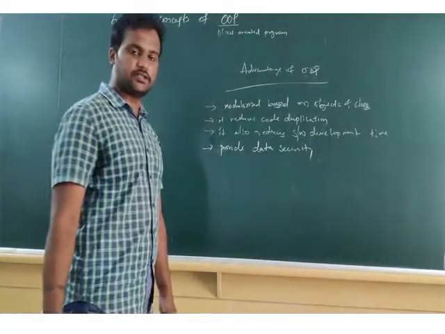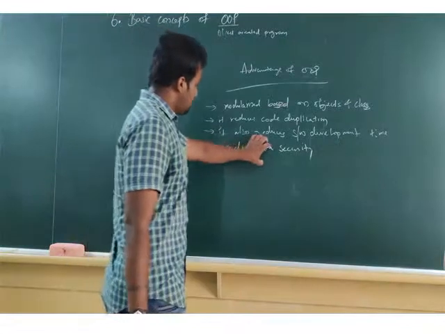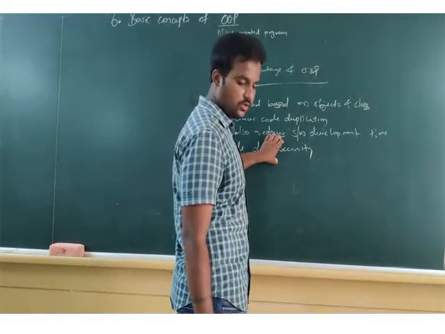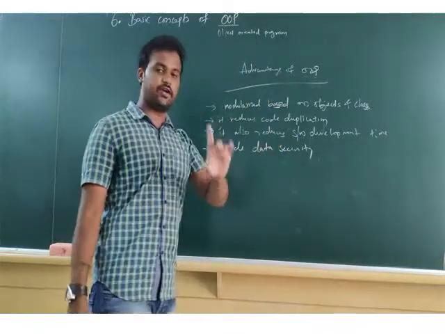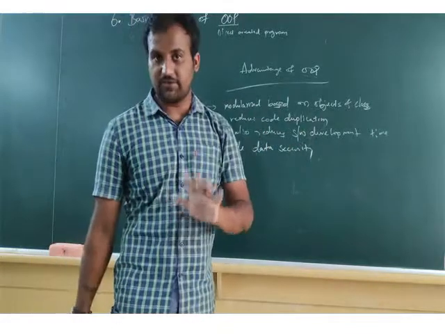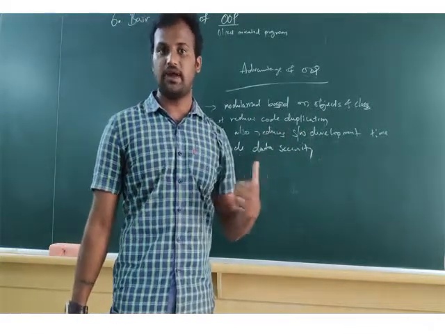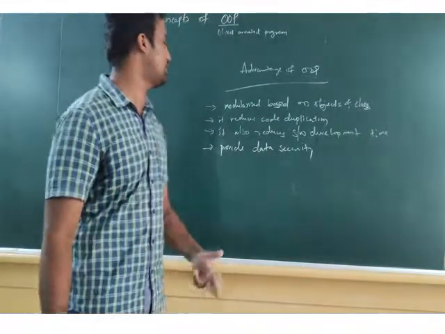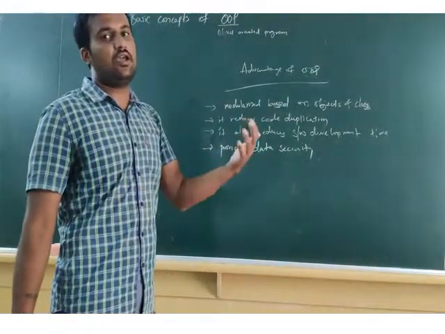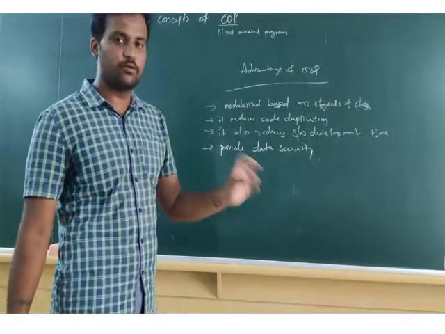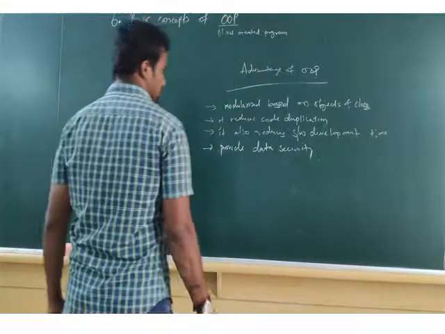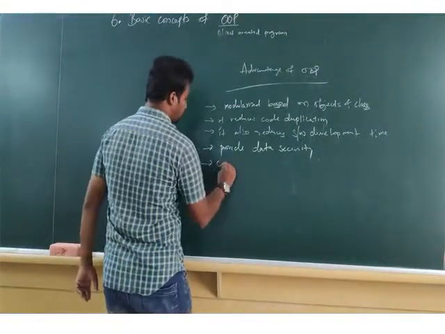It also provides data security means what? Regarding data security, I have already told you there are three things: private, protected, public. In first PUC it was not there, whereas in second PUC it is there. These three things are used to secure information so that not everything can be accessed. Only a few things can be accessed. Complexity minimized.